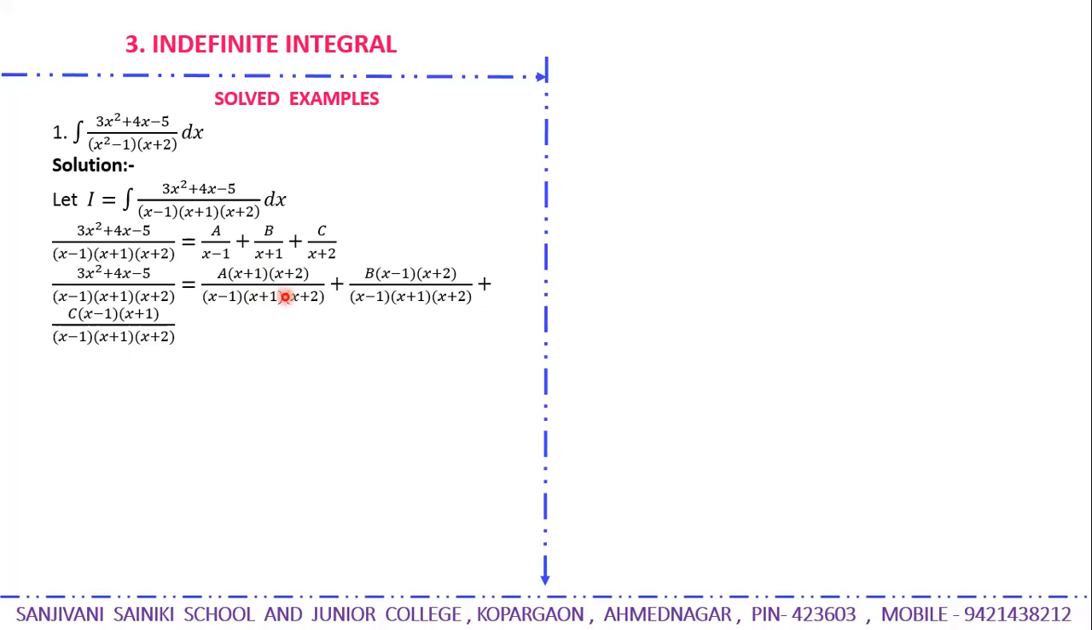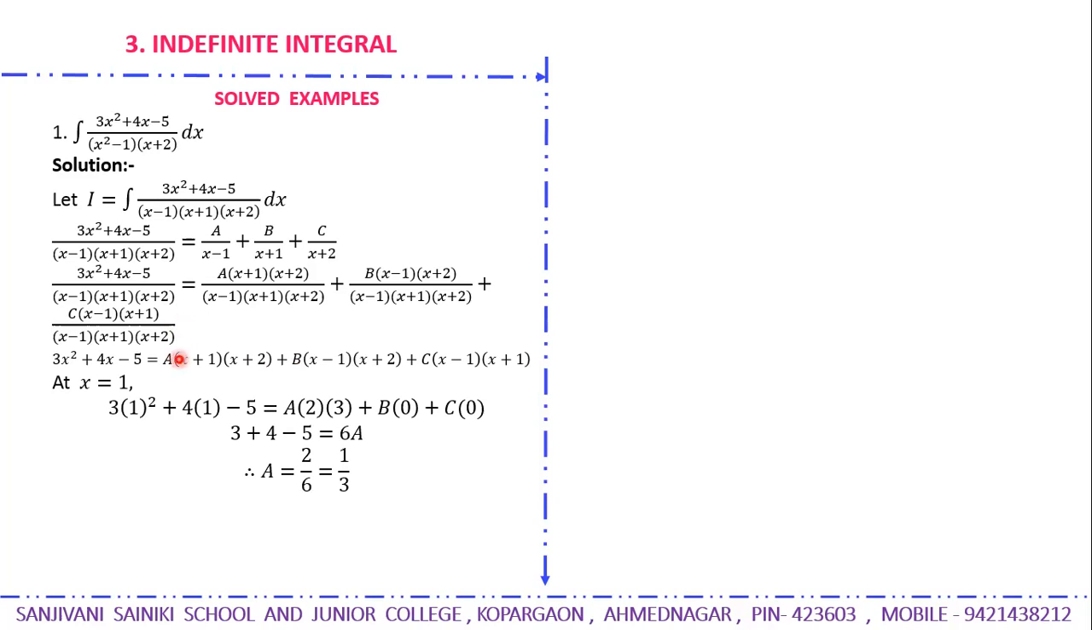So after taking the LCM, you will get 3x² + 4x - 5 = a(x+1)(x+2) + b(x-1)(x+2) + c(x-1)(x+1). Now we have to find the values of a, b and c. Now how to find the values of a, b, c? So for that,